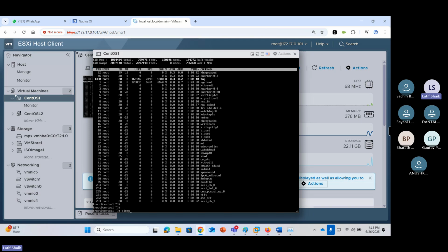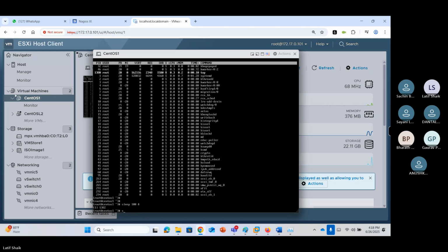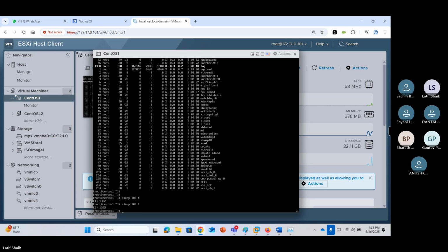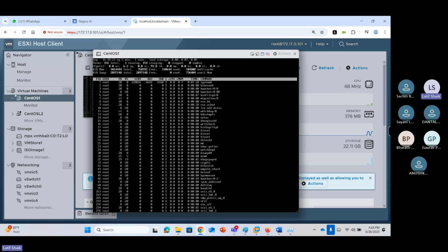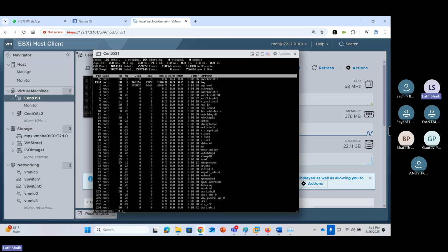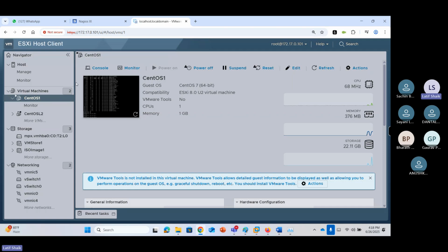Like you use sleep 100%. So two processes are running, the sleep process. It increases the RAM utilization. A very small process it is. Okay, so don't worry. Okay. So this is the concept of